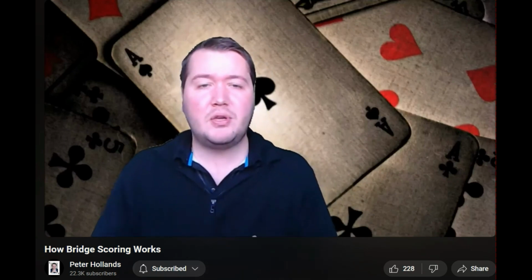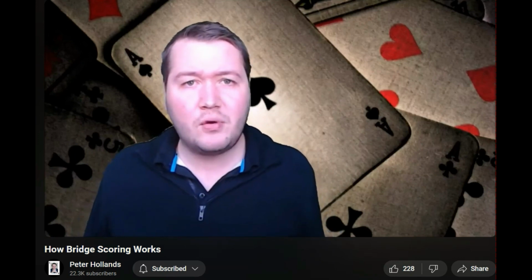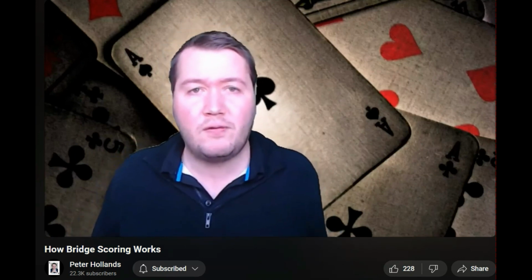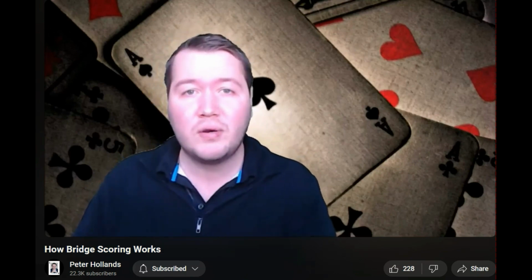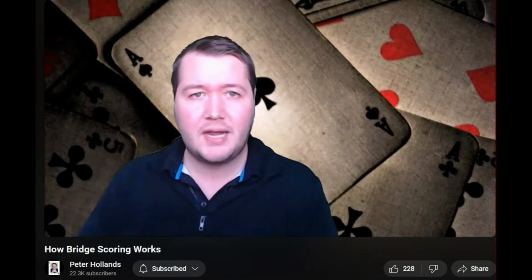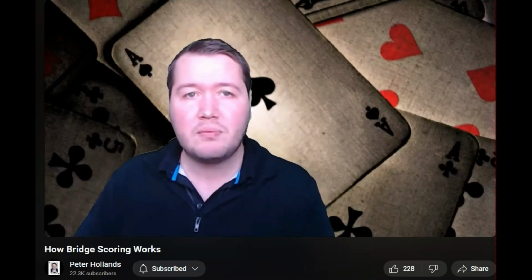In IMPs, what you actually want to do is bid game really aggressively. Because if you can bid game, you don't need to make it that often. It's somewhere between 35 and 40%, depending on whether you're vulnerable or not. If you're vulnerable, you want to be bidding really aggressively to game. And if you're right on the line of bidding good games, then you'd be going down more often than you'd